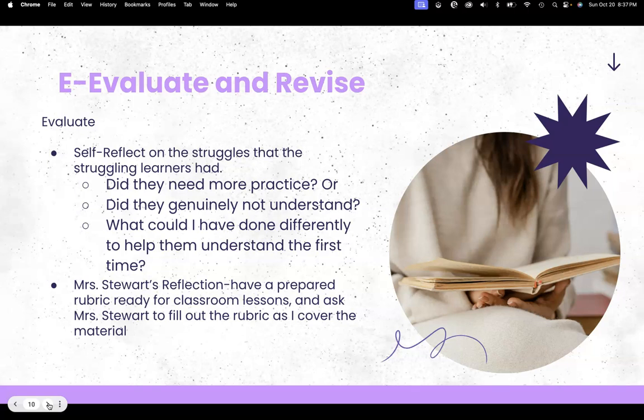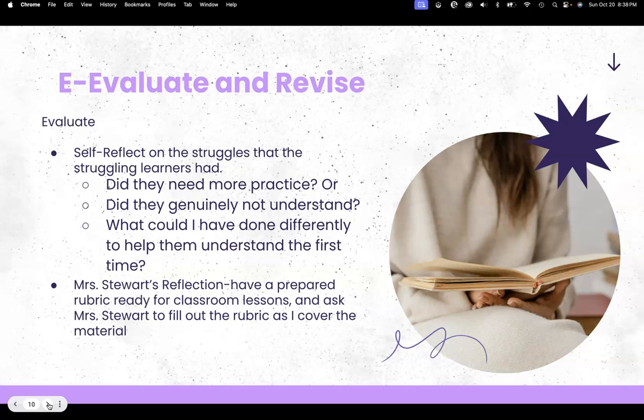The E in ASSURE is for evaluate and revise. And so for evaluate, I would focus on self-reflection and reflect on the struggles that the struggling learners had. Did they need more practice, or did I just not explain it well? What could I have done differently to help them understand things the first time? And then I would